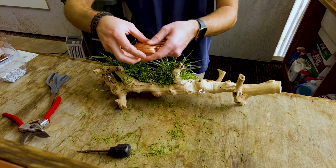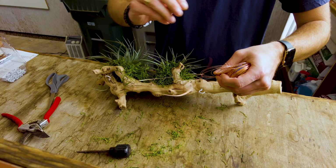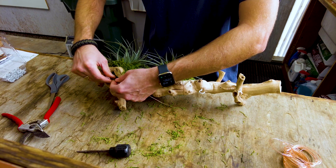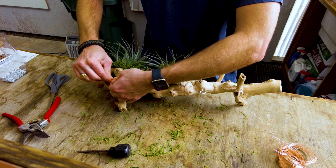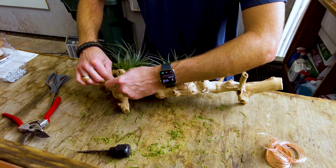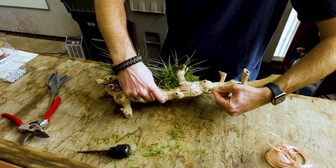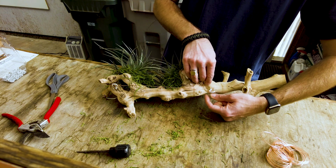Go ahead and grab another strand of wire. And this time I'm going to wait to cut it to figure out exactly how much I need. But we'll start on one end, do a couple twist sort of braids so that it holds strong. I might do 5 or 6 this time, but the weight of this should definitely be held up by the wire. And then I'm going to run it to, remember this is the back, run it to the other one